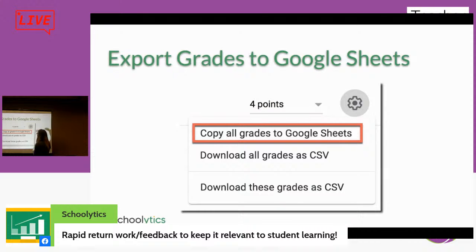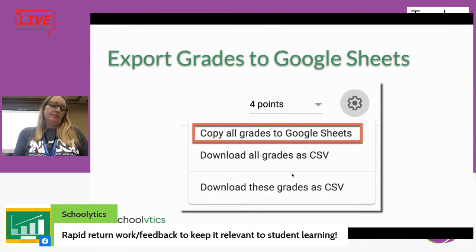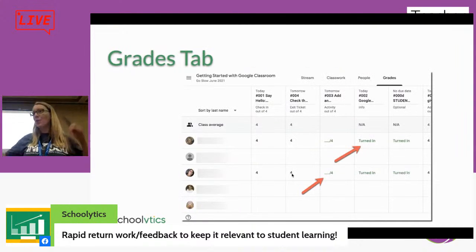But regardless of which, if you open up any assignment, you can click on the cog in the upper right of the assignment. Why is this not on the People page? I don't know. It should be, because I'm going to be able to copy all the grades to Google Sheets. Now, one of the things I use that for is just so I can get a roster of my students. But if you use my alicekeeler.com/reusegc, I have something that will pop out a roster of your students. It'll also pop out a Google Doc of all your assignments.